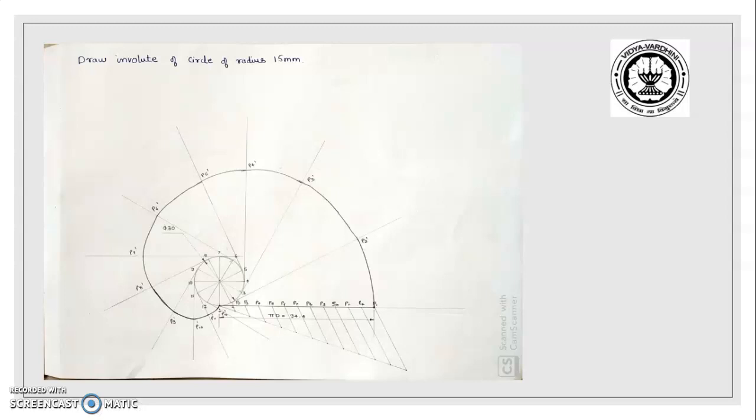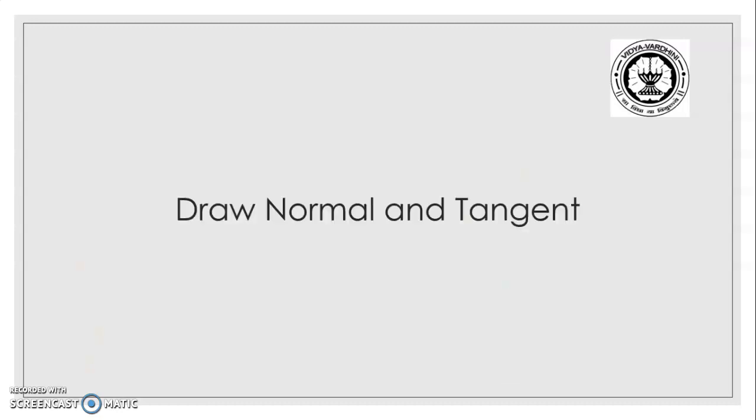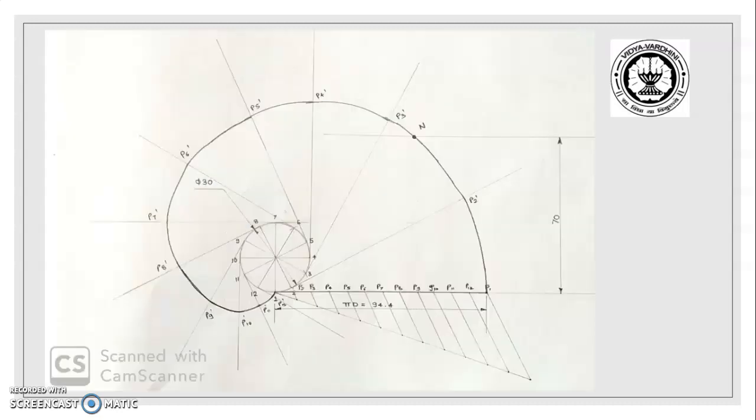Now we will see how to draw the tangent and normal. Let us assume that the required point being asked is at a distance of 70 from the base. In other words, we have to draw the tangent and normal at this point, which is at a distance of 70 from the base. In the question, it might be given something else, and we have to follow that. So we have marked one point at a distance of 70 and we call it N.